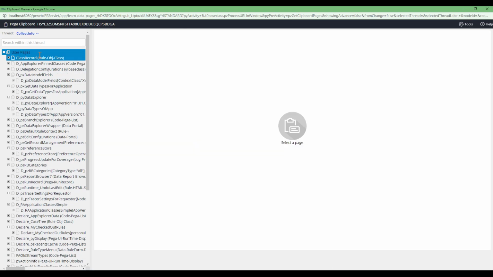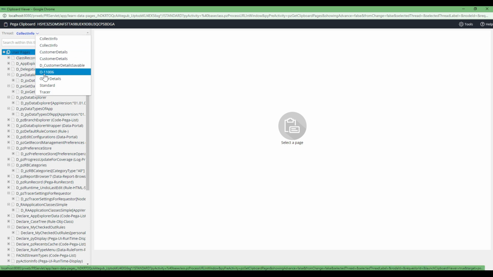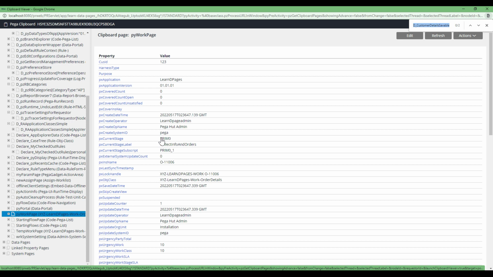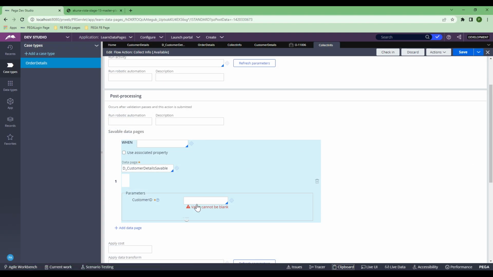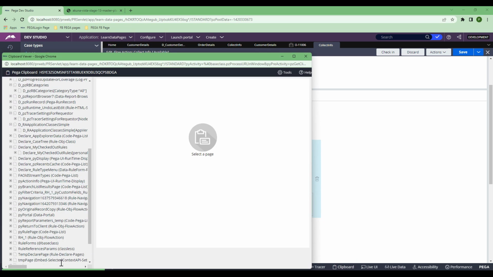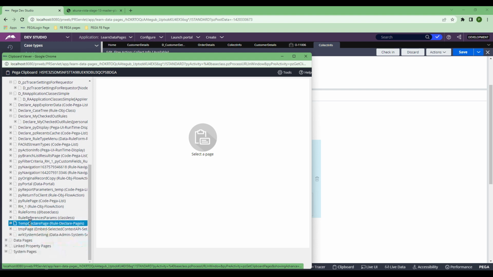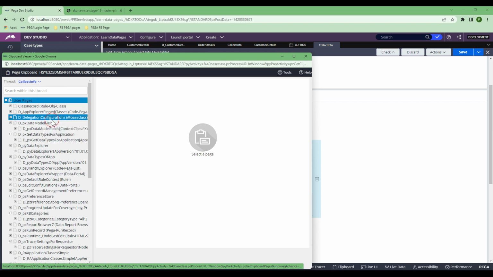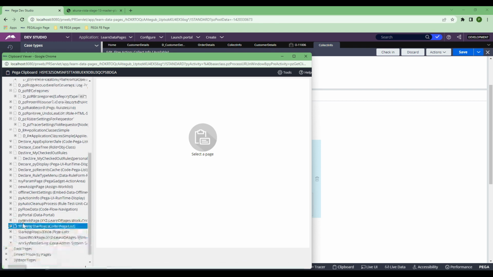If I go to the clipboard and go to that other order, and go to pyWorkPage, the cost ID is the property where I have stored the customer ID. So I'm going to pass the same thing. The moment I do dot, it will okay. When you pass the parameter, it's always good practice that in this savable database, you simply copy that parameter and paste it over here. So here if I go to pyWorkPage,